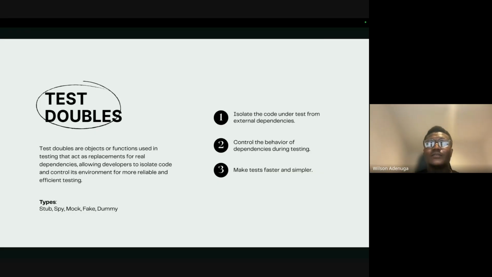Or your front-end application connects to an API source. When you're running your tests, you don't want your tests to interact with the real API. One, it's going to make it slow. Two, for instance, I'm doing a get and I'm hard-coding an ID. What if that ID is deleted? Your test will fail,